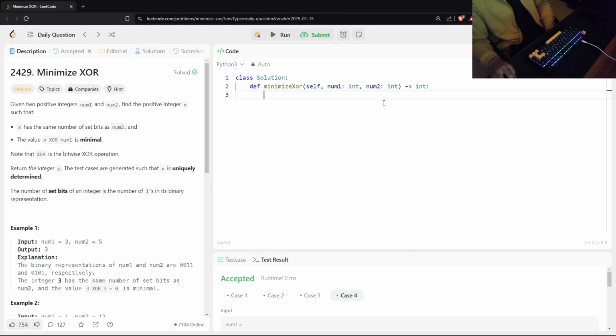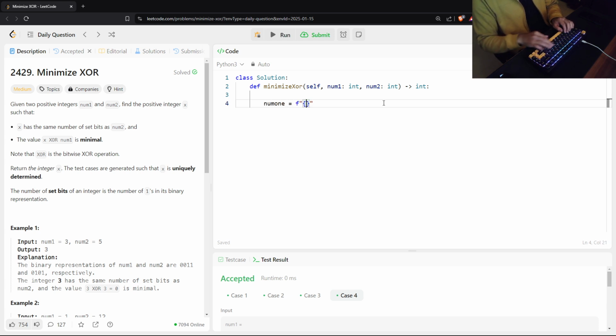Firstly, what we need to do is convert these num1 and num2 to their binary representations. In Python you can quickly do this using this index. So here num1, to convert this to binary, I can simply say this stuff right here that you see, which is called an f-string. This is converting this num1 to a binary format and assigning it to a variable num1. Num2 is going to be the same thing